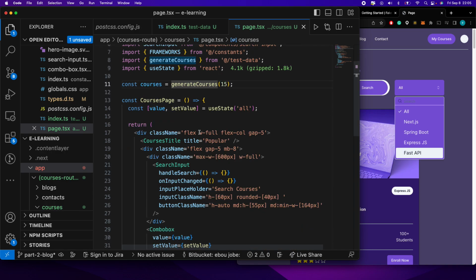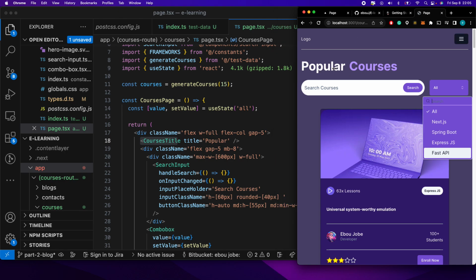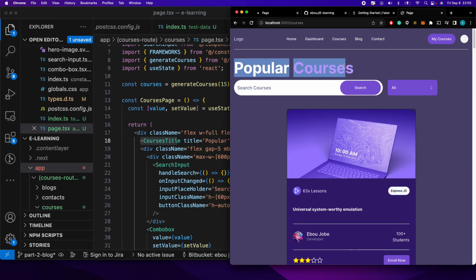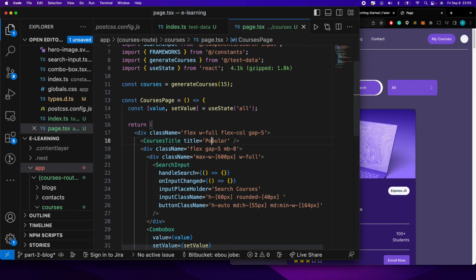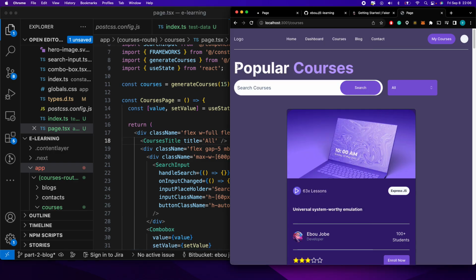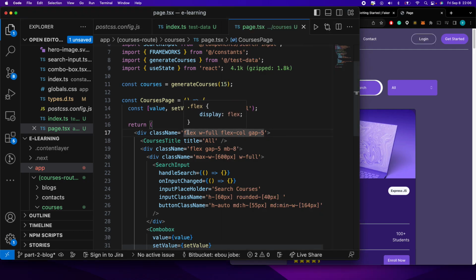So there's the course title. You guys can see here is the course title that was just built in the previous section. It should be popular. I don't think this should be popular. Now we should have all courses instead of popular courses. I think that should now change this from popular to all courses, because now we are not dealing with just popular. The next, this is just a flex container, and I just say render the items in column